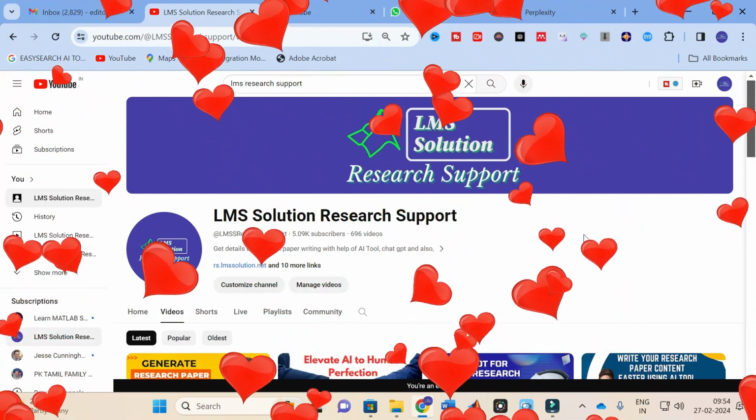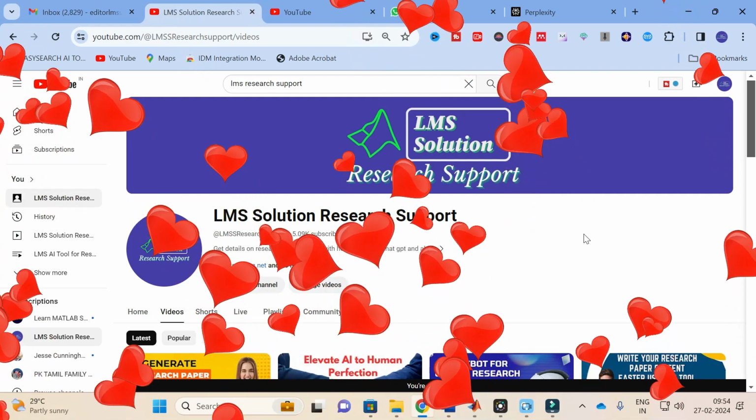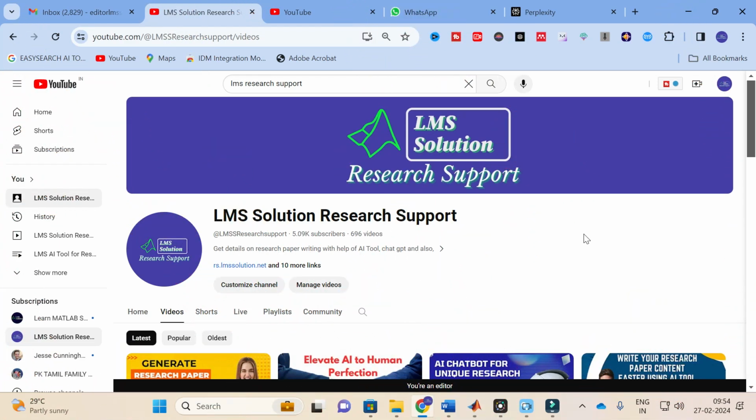In this video, we are going to explore a chatbot which is equal to ChatGPT and Google Bard. As you are all aware, Google Bard will convert image into paragraph, that is image to text, very easily. So whenever you need to get the explanation of a block diagram or any flow chart in your research paper, Google Bard will do that.